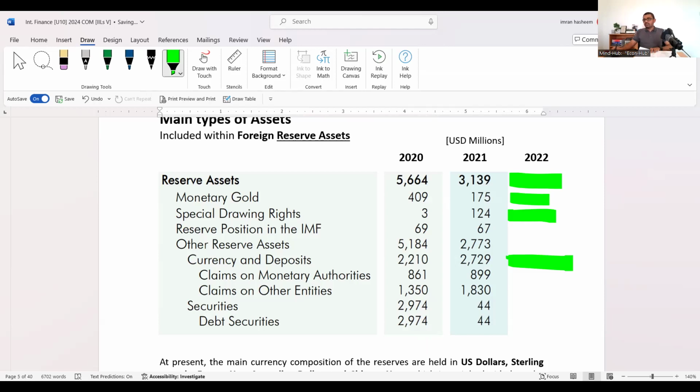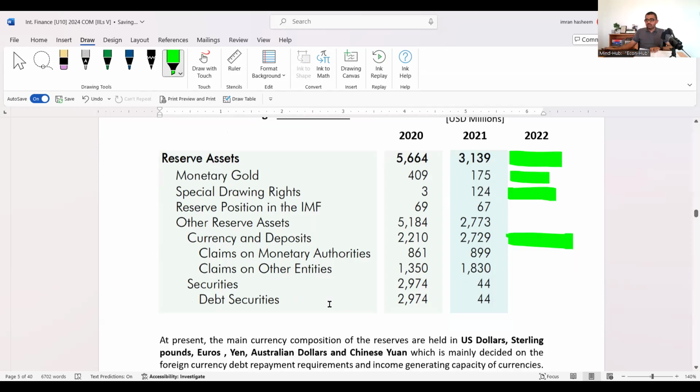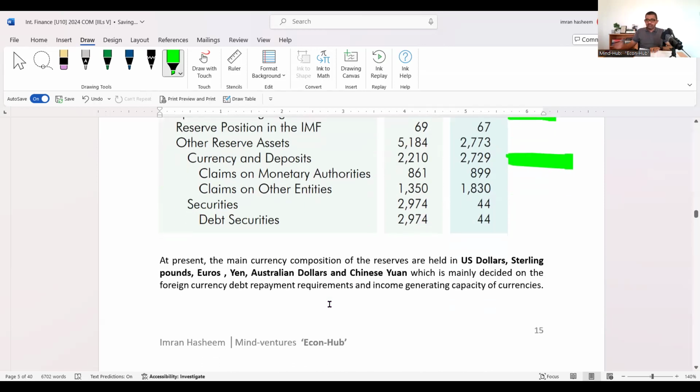Okay, so these main things, if you know for 2022, that is good enough. I like to give you these points in a more exam relevant way because this is the central bank's description, right? But before we go to that, it says at present, the main currency composition of these reserves are held in